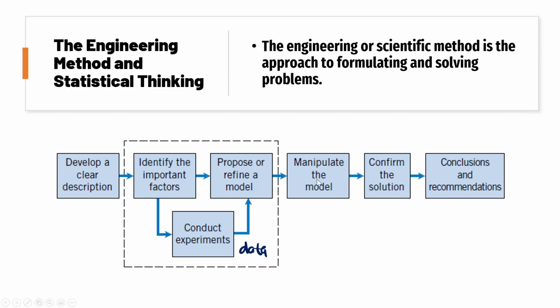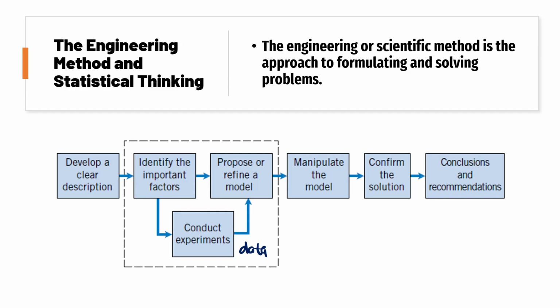So the factors that would always be affecting the engineering method are the problem that needs to be solved, the factors that affect your problem, the proposed model, and the verification, and finally the conclusion and then the recommendation. All of these steps should be followed by every engineer in order to efficiently plan experiments, collect data, analyze and interpret the data, and understand how the observed data are related to the model which we have proposed for the